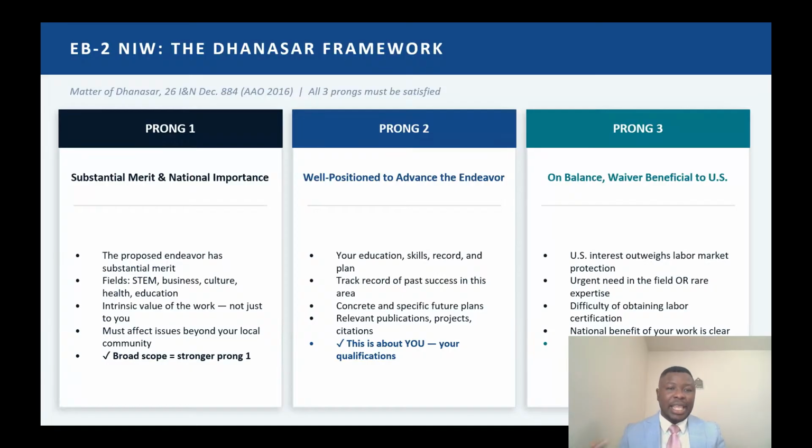Now we have looked at EB1. Remember that I told you that EB1 has two steps. In the first step, you need to meet at least three criteria. When the officer determines that you have met at least three criteria, they then move to the second step. And the second step is where cases are won or lost. I've seen several people who met 3, 4, 5, 6 criteria, and the officer said, oh, you know what? I'm not convinced that you are among the people who have risen to the top of the field.